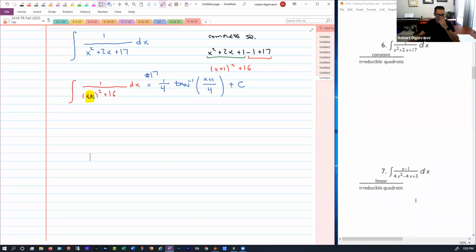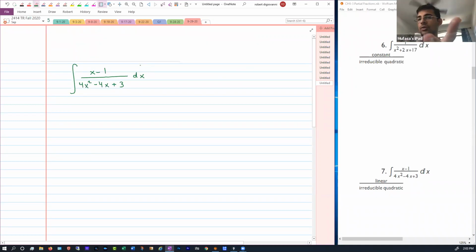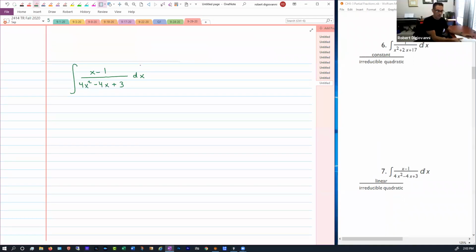How about a linear expression over a quadratic expression? A linear over a quadratic. Linear over a quadratic. All right. So I think we'll still do the complete the square. Okay, completing the square might lead us somewhere,